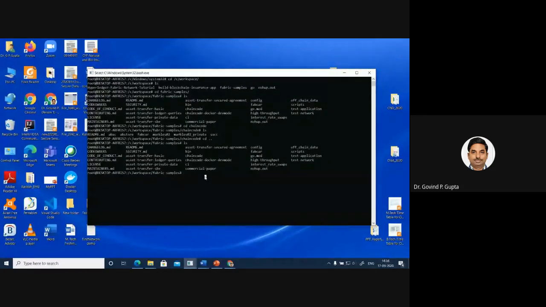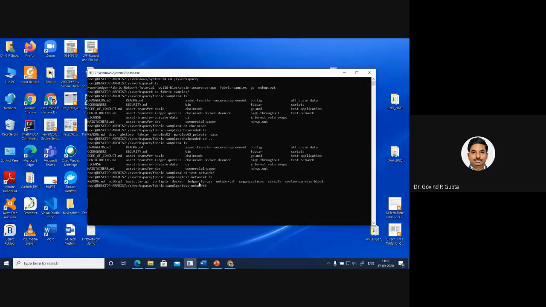Now, in order to create the Fabric network, a test network package is given in the Fabric. So I'm going to explain how to create the Fabric network. Simply go to the test network. Now you just expand it.